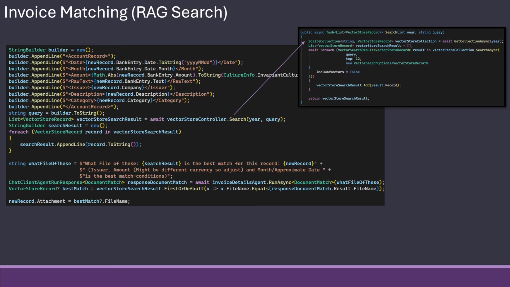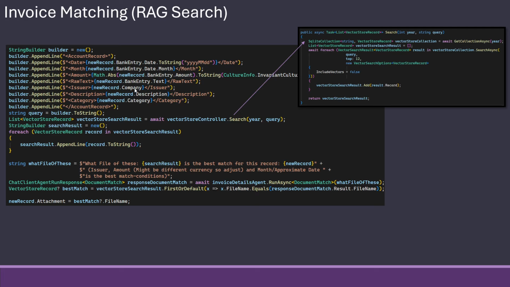Then we have the interesting part of the inward matching, which is the RAG search. What we do is I take my record, which has a date and a month, just to get the month out, an amount, and the raw text.